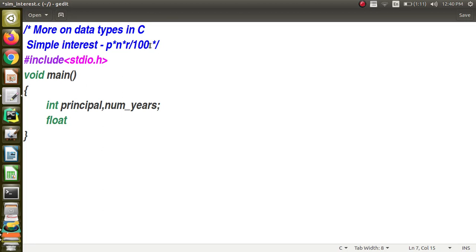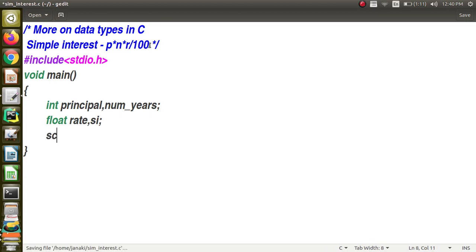You can have float or double or long double, right? Now here we are going to have it as float, so float rate. These are the three variables, and then I am going to calculate the simple interest. That will also be a floating point value, so I am going to declare a variable to hold the simple interest value.